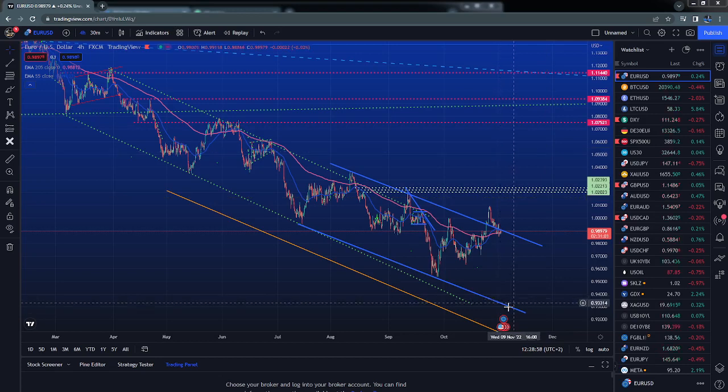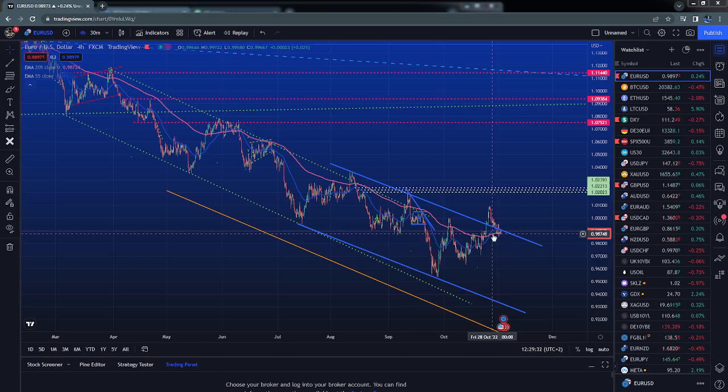Of course, here we have EUR/USD. This is the 4-hour chart. The clear thing is that it is still trading in a downtrend with lower lows. It's obvious, you see, almost a perfect channel. But the last few days we have a bridge to the upside, and actually this made things a little bit